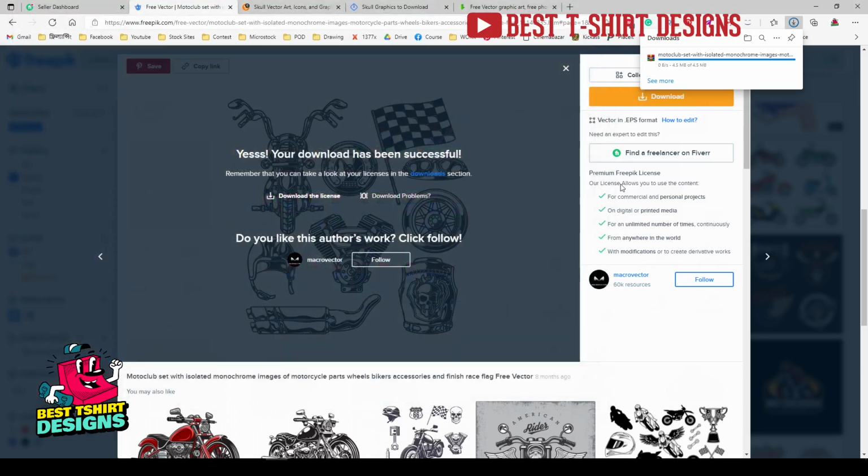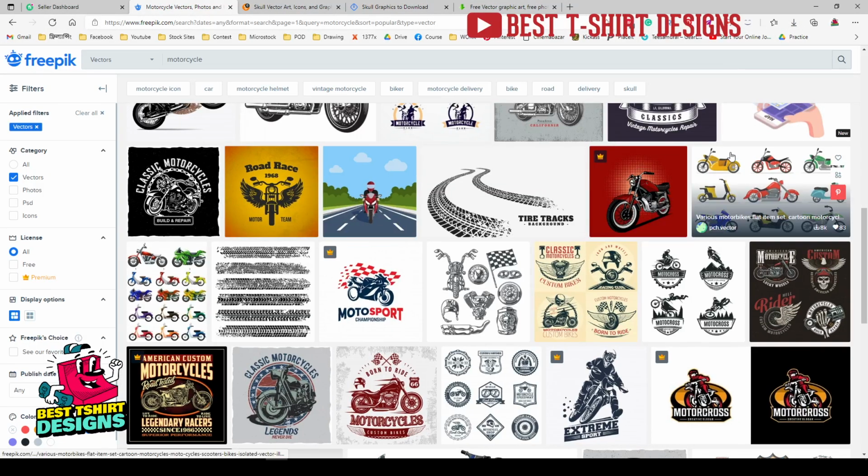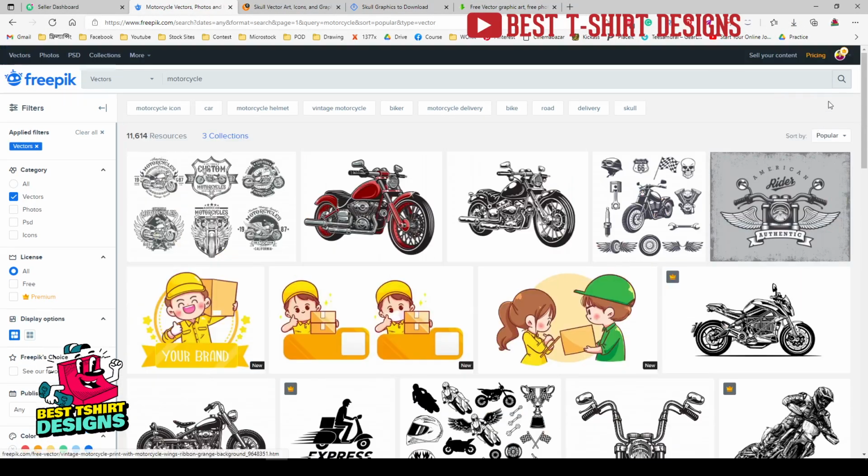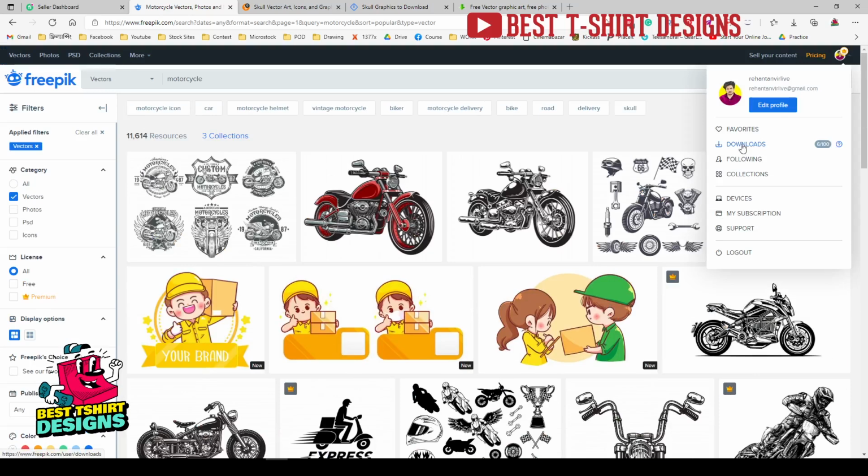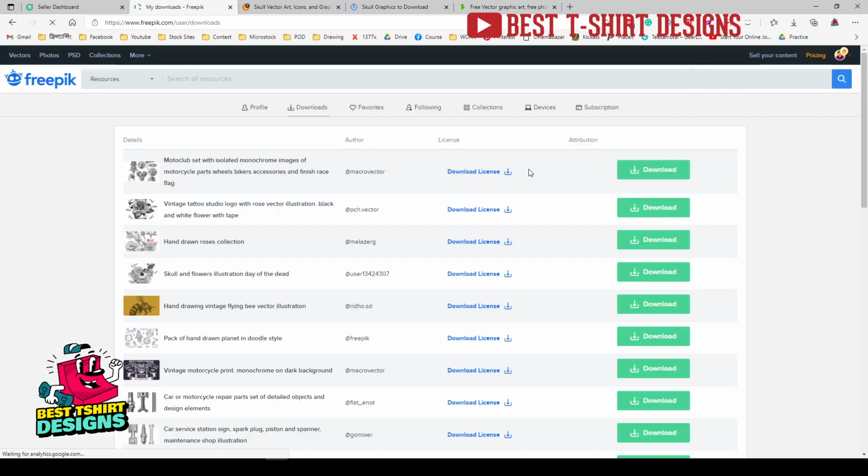If you are going to download anything from Freepik, it is going to download as a zip file, and then of course in your account section, if you go to downloads, you will see that with every download they provide me a license key. So what is this license? I am going to show you in a bit, but with every download, it doesn't matter if it's premium or free, you will get a license.